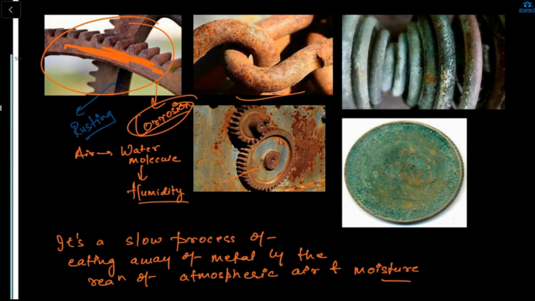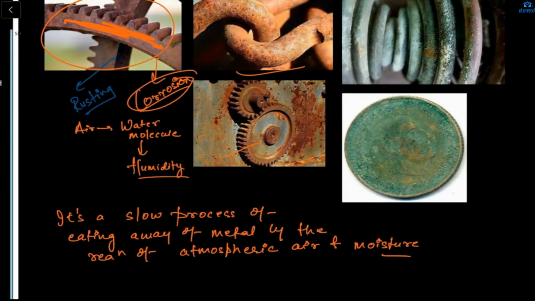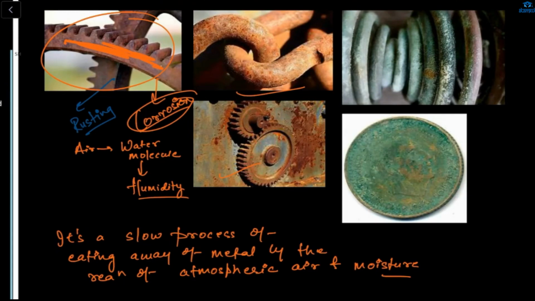Yes, ma'am. The moisture basically reacts with the metal. In air, there is a water molecule in the form of humidity. So the water molecule or the oxygen gas which is present will start reacting with my metal, because my metal is kept outside. So they start forming a rust, not inside my metal, only in the upper layer, the outer covering. So the whole process is known as corrosion.